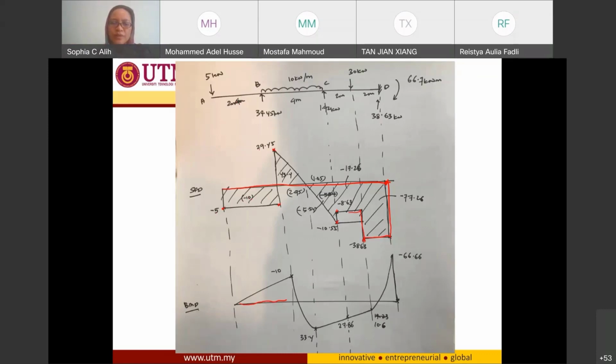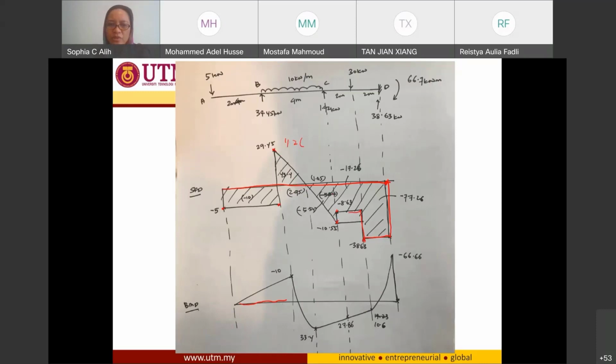And this one is 29.45, using the proportion rule. I have the length of this one 2.95, and this one is 1.05. So I just will get the area of my triangle,